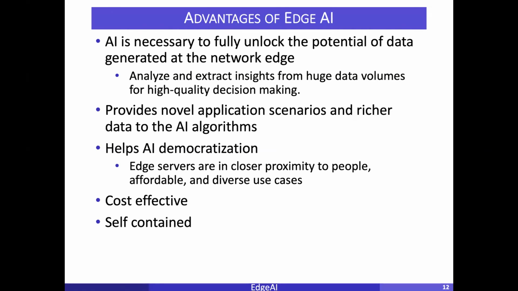So as I told, generating humongous data and at the same time giving an ability to process at the edge location provides novel application scenarios. And not only that, most of the edge devices are with the people, right? So our mobile phone is one simple example of an edge device. It can do a lot of processing. We will see what the training models are very shortly, right?